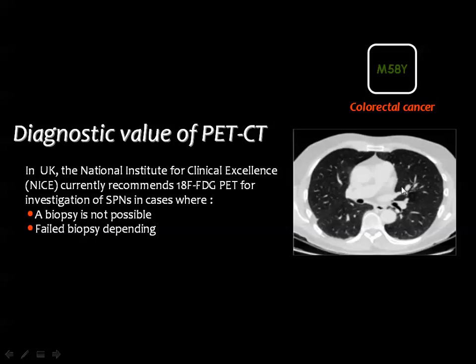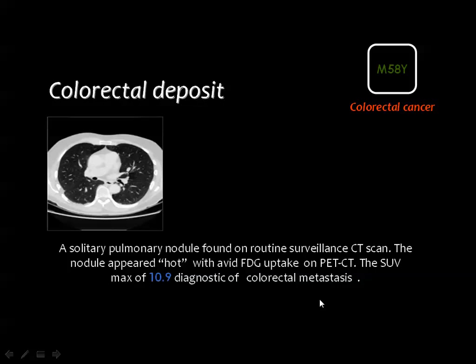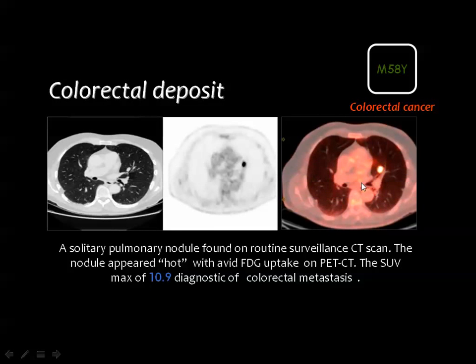For example, this lesion in a patient with colorectal carcinoma, this lesion may represent a vessel because it is very near to the hilum, but on the PET scan it shows a very strong uptake, and with an SUV value of 10.9, then indicating that this is possibly a malignant nodule. And this nodule is not reachable, as I have mentioned, by